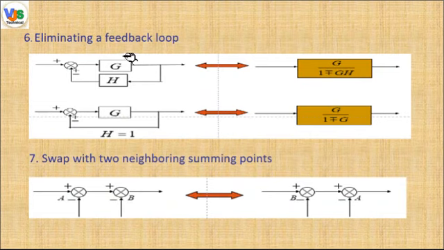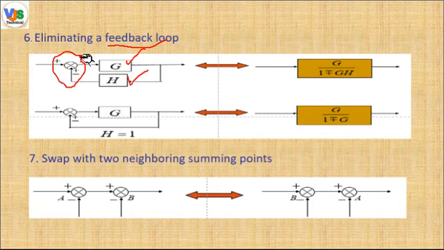When we have to eliminate the feedback loop, see, this is the open loop G, or we can call it the gain, and this is the feedback loop provided with the comparator with different signs, here the plus and the minus side. When we have to reduce this block diagram, we simply make the arrangement this way, that is G upon 1 plus G into H.